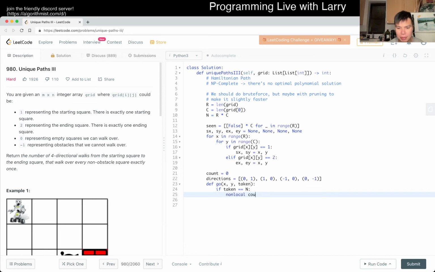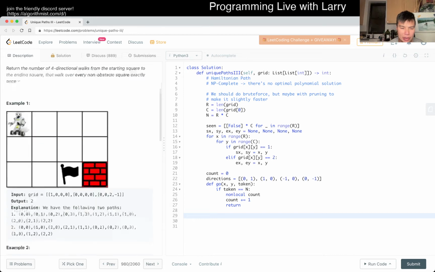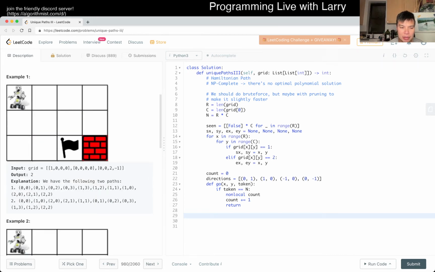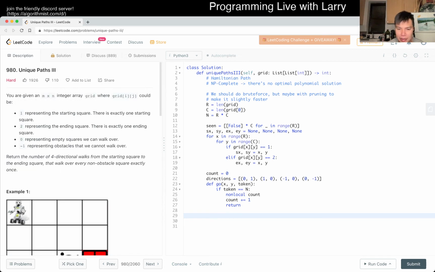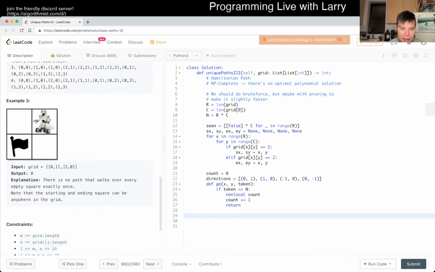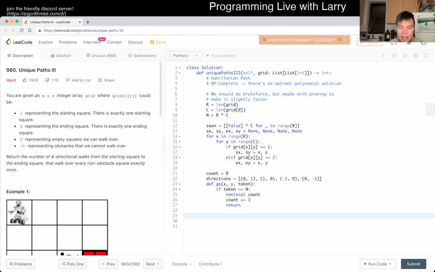Brute force is probably the way to go, because there's no way to do it without enumerating it, right? There may be some strategies where you can find one in a quick way, but if you have to find all of them, then in the worst case, there's going to be an exponential amount of them anyway. Okay, so let's say this is the case, then otherwise we go for dx dy in directions,